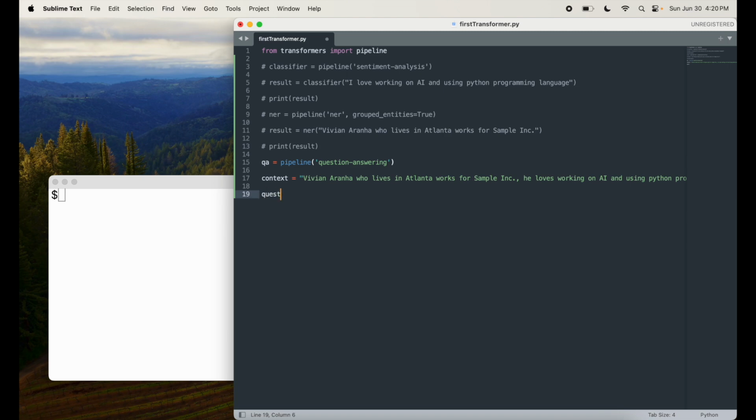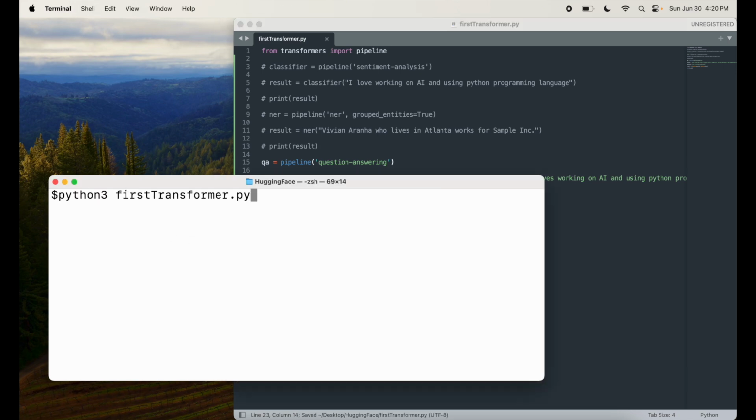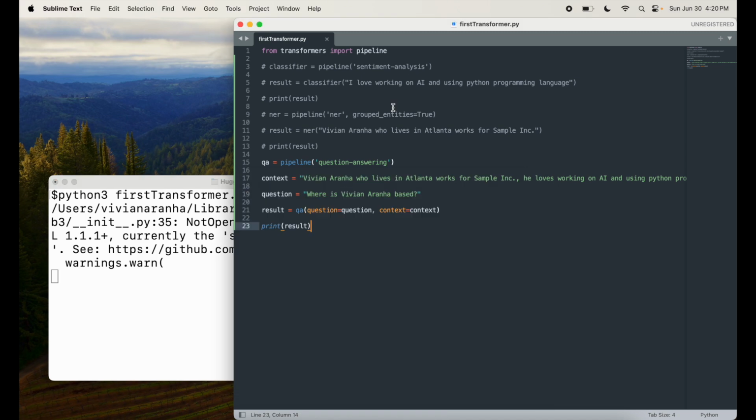And then I will ask my question equal to where is Vivian Arana based, result equal to QA question equal to, so two parameters it takes, one is the question and the second one is context, equal to context. Now I'll say print the result of this. Go here, run that. Hopefully I've saved this,